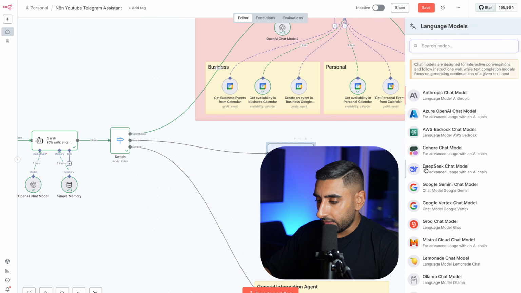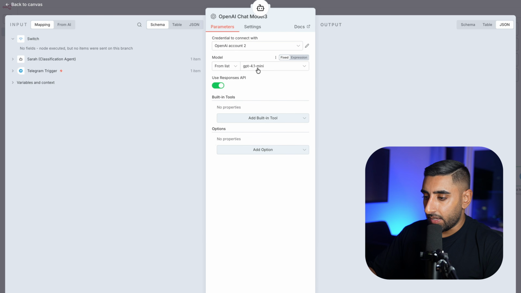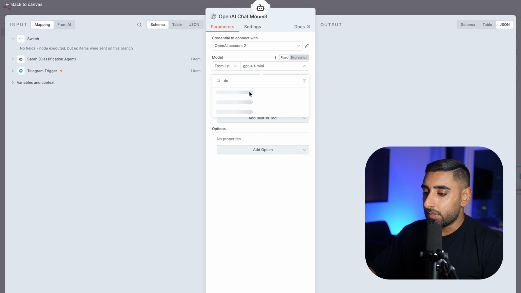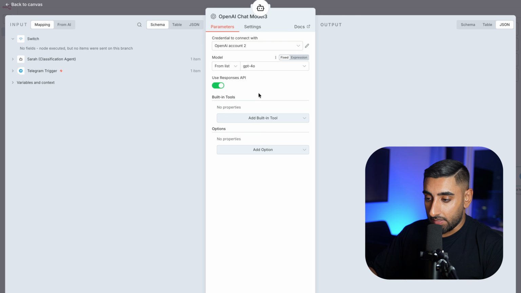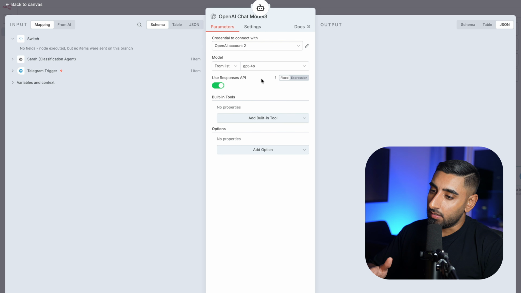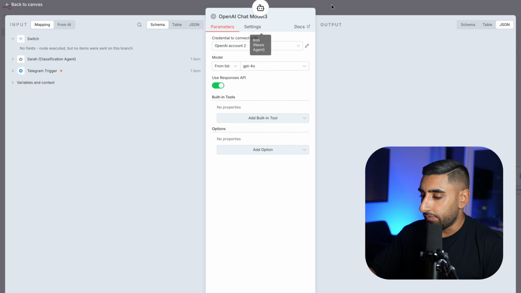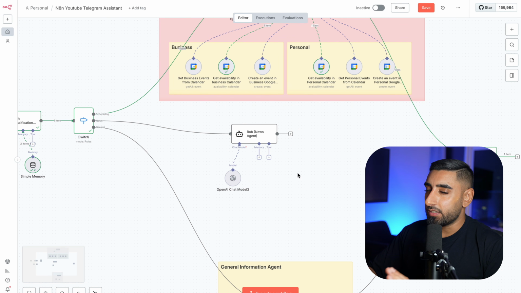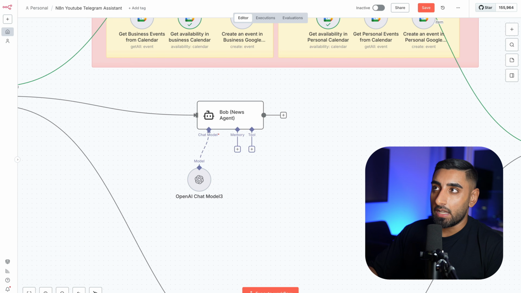Then we need to give Bob a chat model. So here we're going to click on OpenAI and let's go ahead and give him 4.0 for this, right? Now, I would recommend when you have tool calls, in which case we're going to have now, you don't want to always be using the cheaper models. It's definitely worth testing because as you implement more tools, you'll find that if you put in a cheaper model, it won't run the tools as well. So this is very much a case of trial and error,